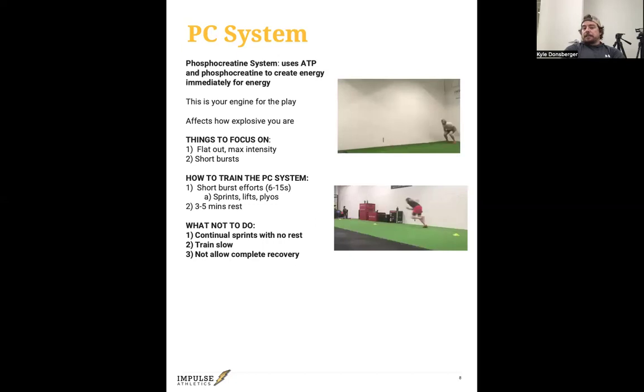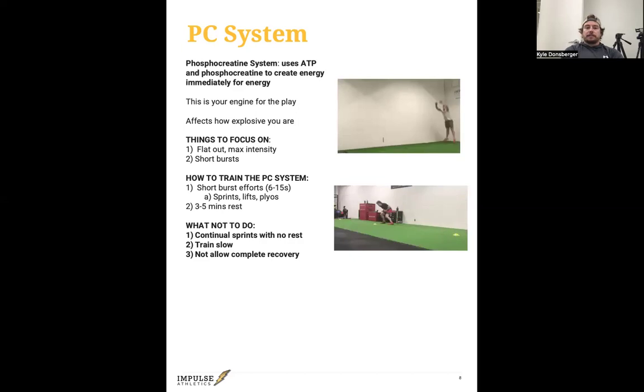If I have my athletes doing a sprint session and they're running a 30-yard run, or they're doing a 40-yard dash, we're going to take 3 to 5 minutes after and recover fully before we go into the next rep. Otherwise, we're not training the system. If you take that shorter rest, you're going to be working the glycolytic system.